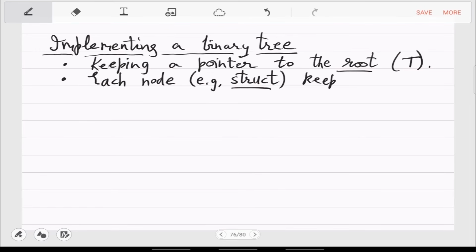It keeps a value and a pointer to the left and a pointer to the right child.